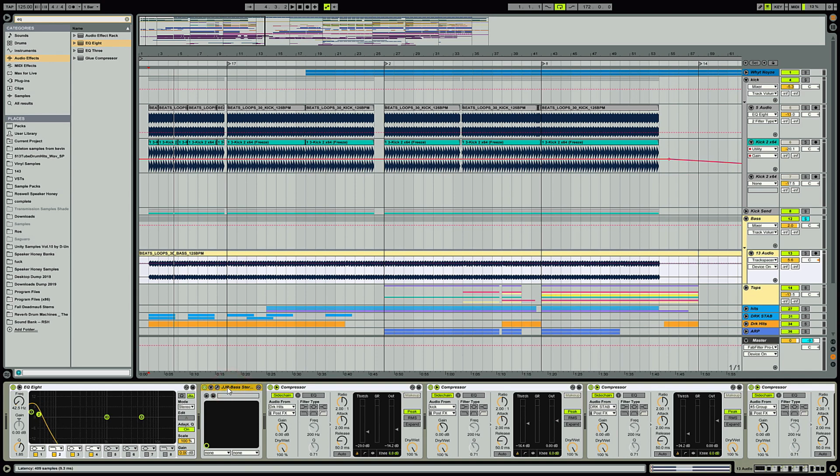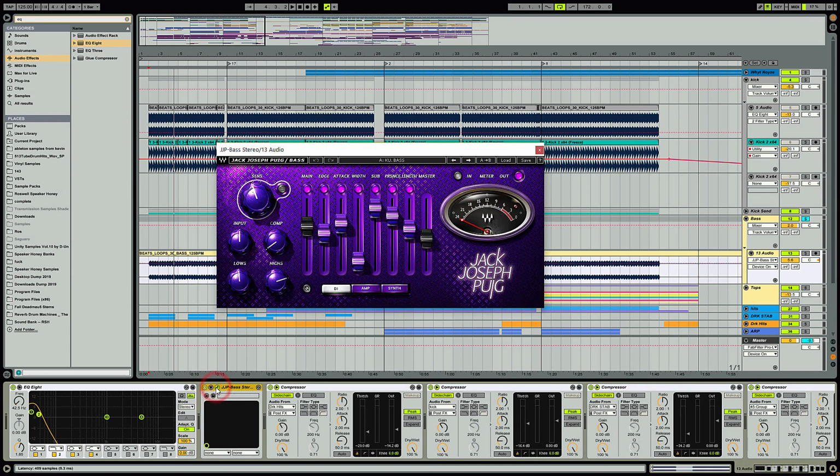So then I use this really cool plugin called JJP Bass by Waves Audio, and what it is doing is it's just kind of highlighting certain aspects of the sound that I really wanted to bring out, because I already cut pretty much all the mids and the highs out. So I am gonna start adding some sounds back in by using this plugin. I'm gonna turn this plugin off so you can hear the difference. That was without it, and then